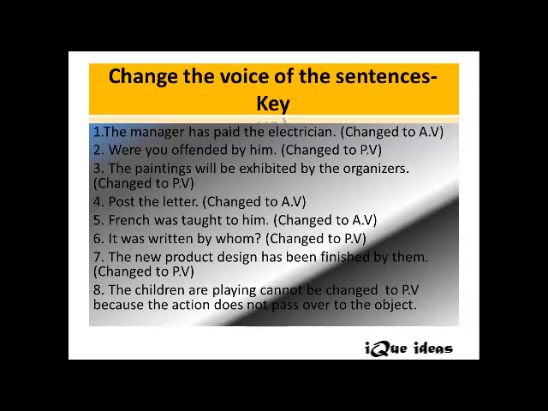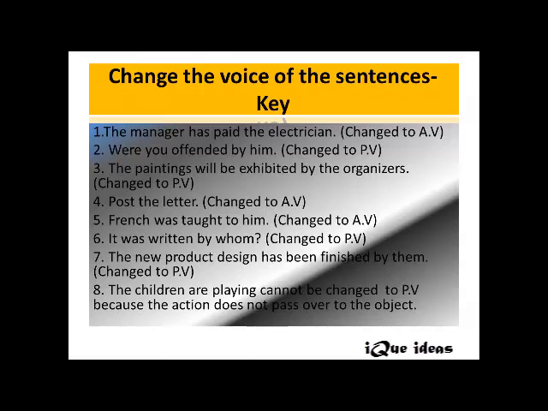Now, "Post the letter." This is the active voice form, right? After we have changed it, this is "Post the letter." So here we are not using any "let", we haven't used any "be" form here, and we haven't used any 3V form of post. So the sentence has been changed to AV. As we learned earlier, all these imperative sentences, meaning the sentences that have the tone of command or advice, are used in simple present tense only, right?